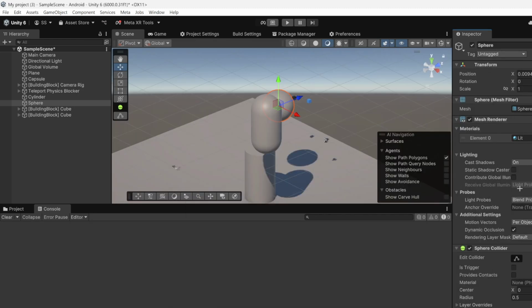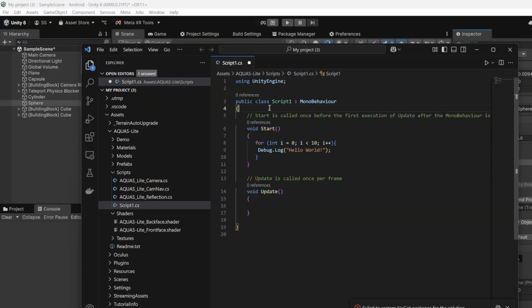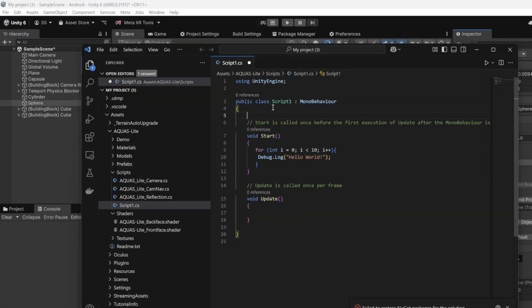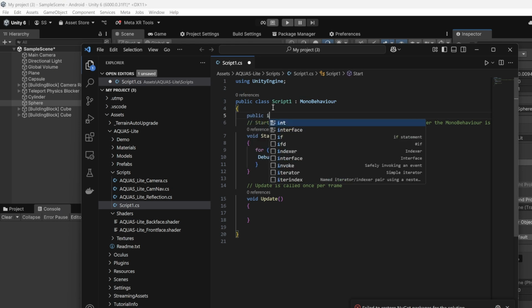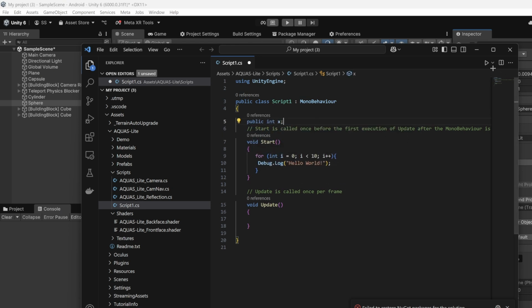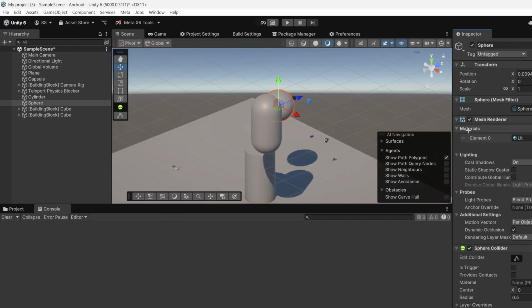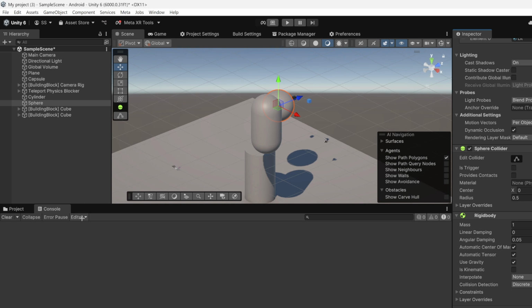Okay, let's go over how to make a variable for your script. So if we open up our script here, what we can do is create a new public variable. I'm going to just create an int called x. We're going to save this by pressing Ctrl S. And if we go back and reassign the script to the sphere,